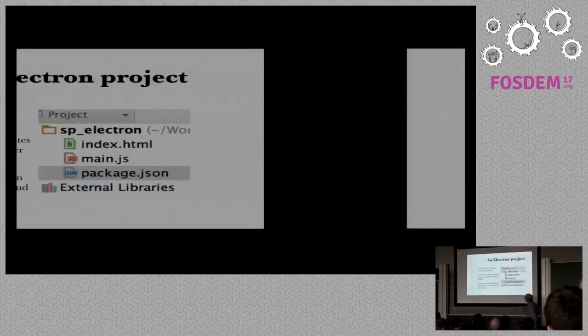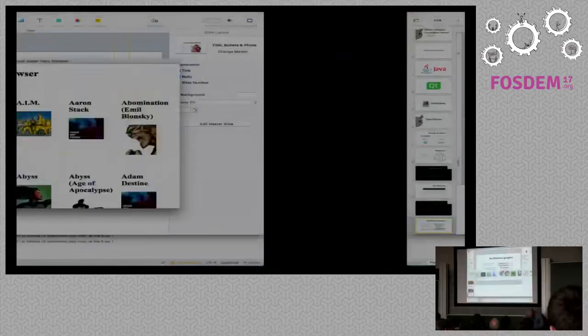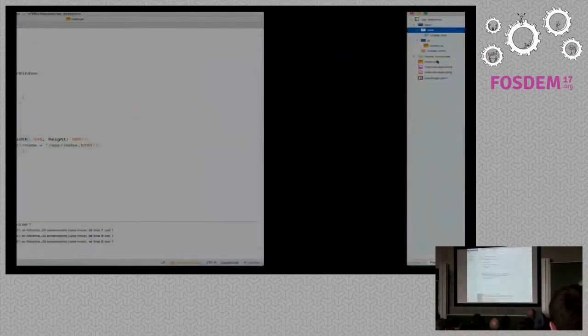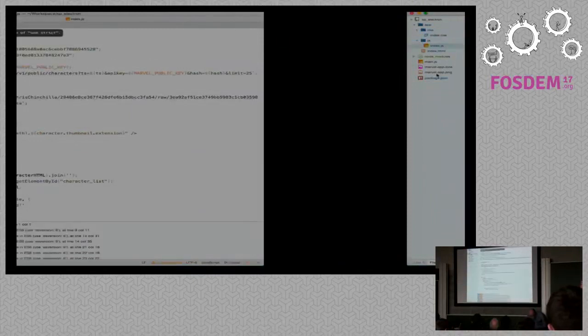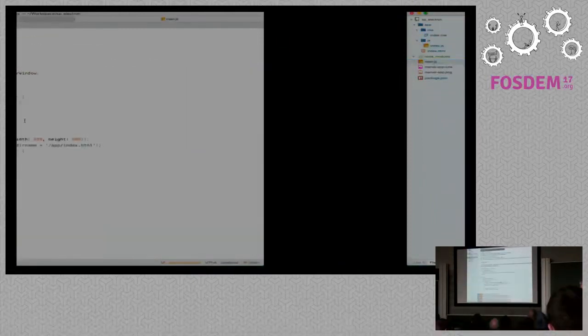So just to break down those files a little bit, the main JS file, which we'll have a quick look at in a minute, starts the application and creates the browser window to render the HTML and sets up the basics of the native bindings. And the index.html is the web page that is rendered by default. So the main file is probably the most interesting one,